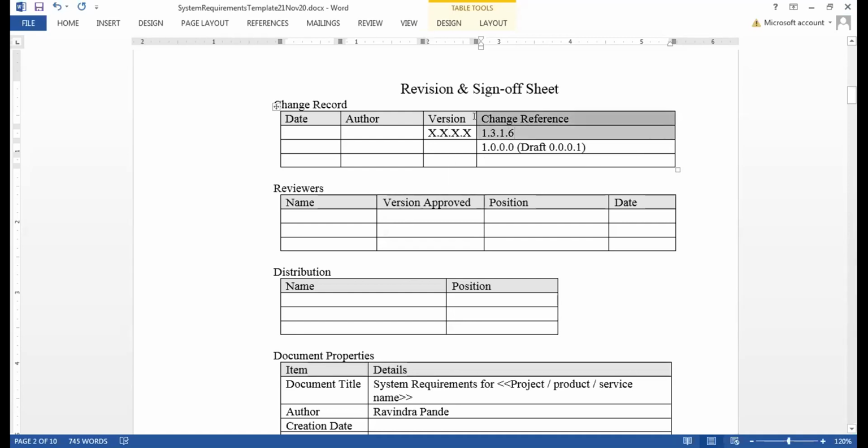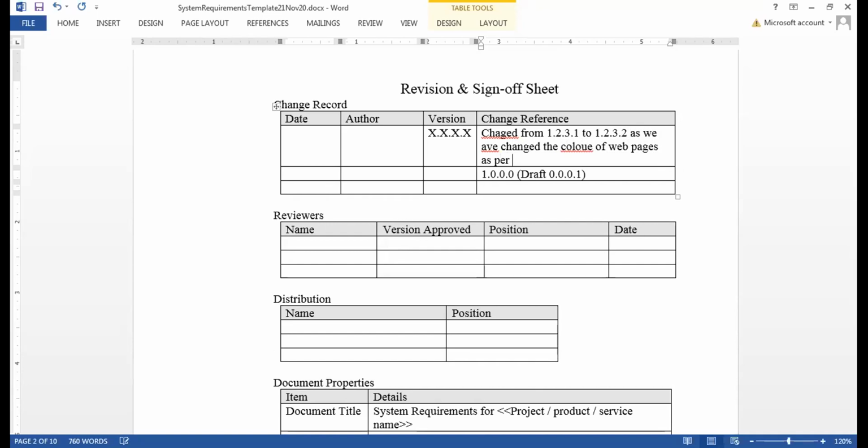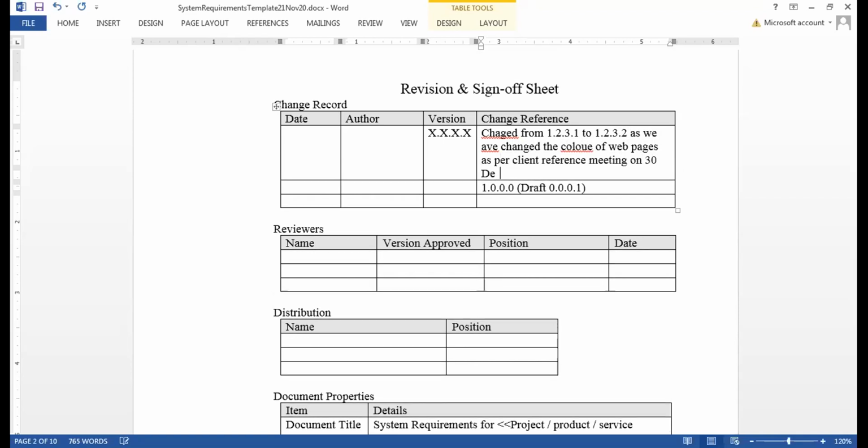So in the change reference, as a business analyst, I can write: changed from 1.2.3.1 to 1.2.3.2, as we have changed the color of web pages as per client meeting on 30th December 2020, 3 p.m.